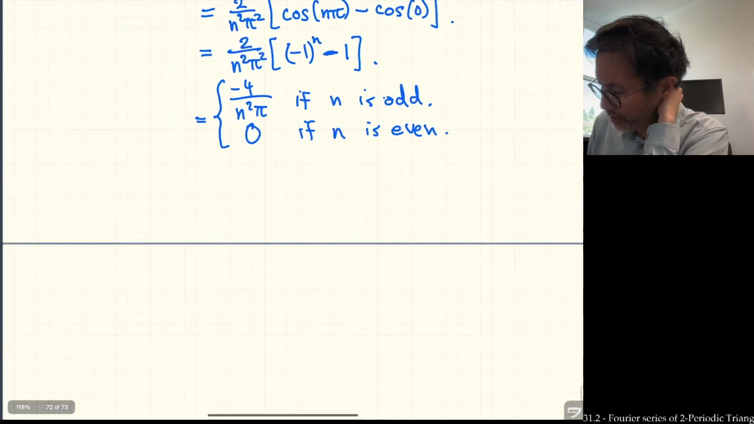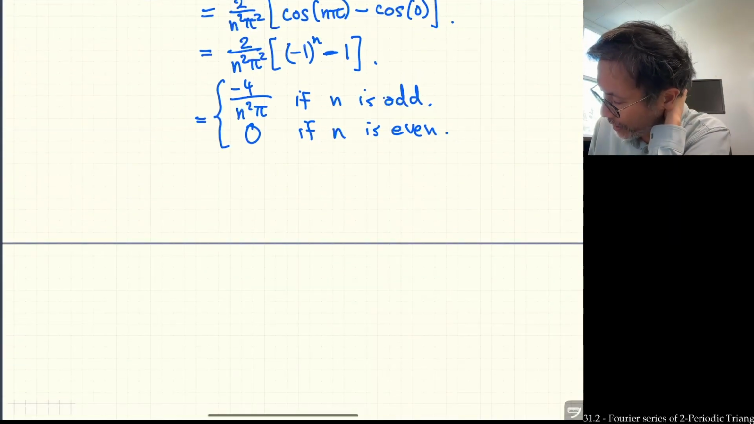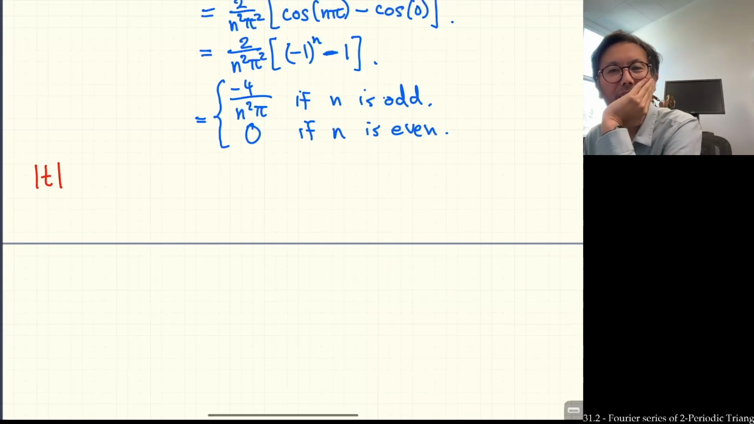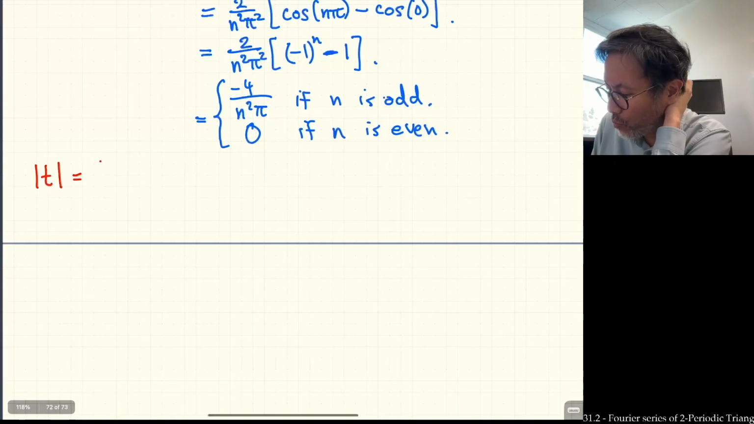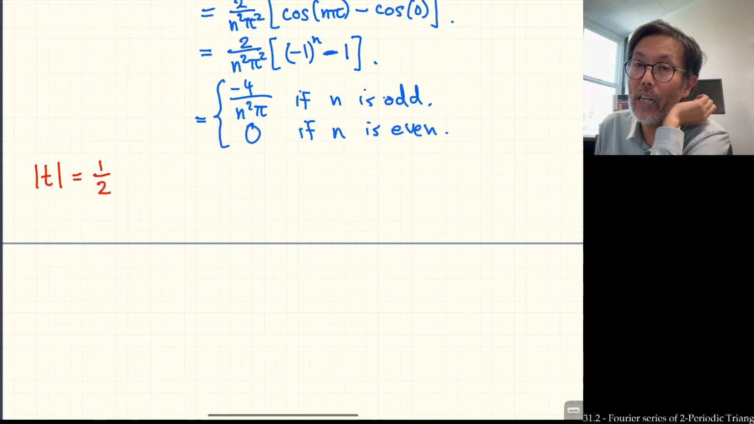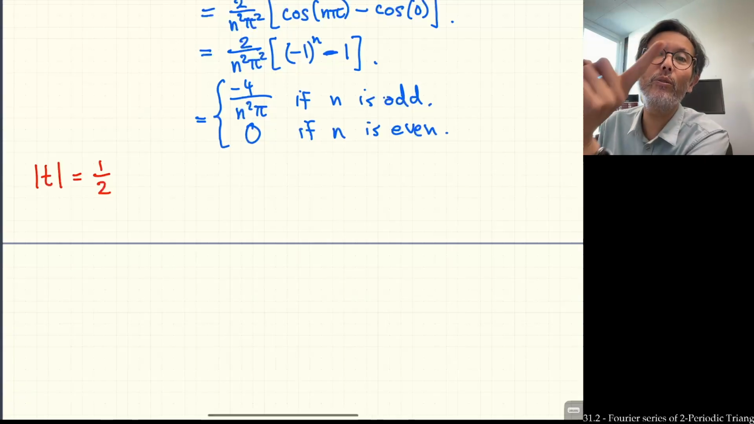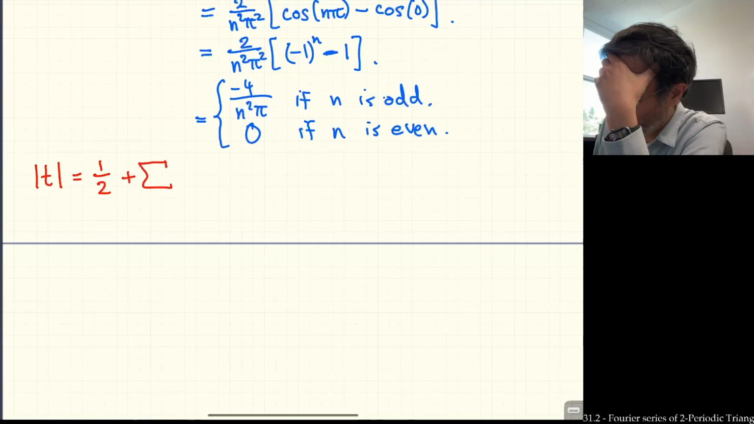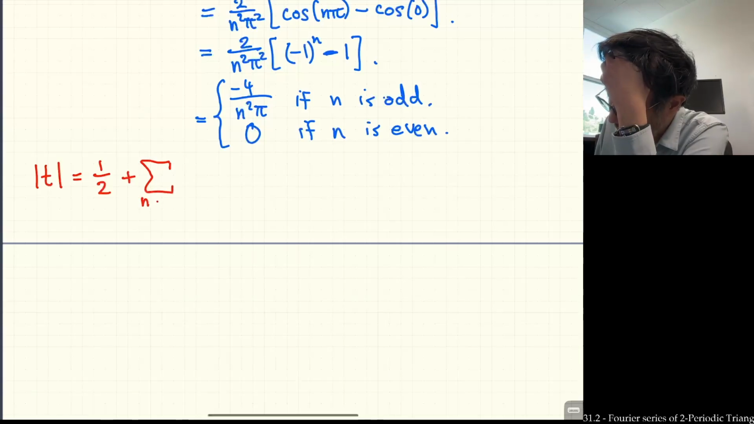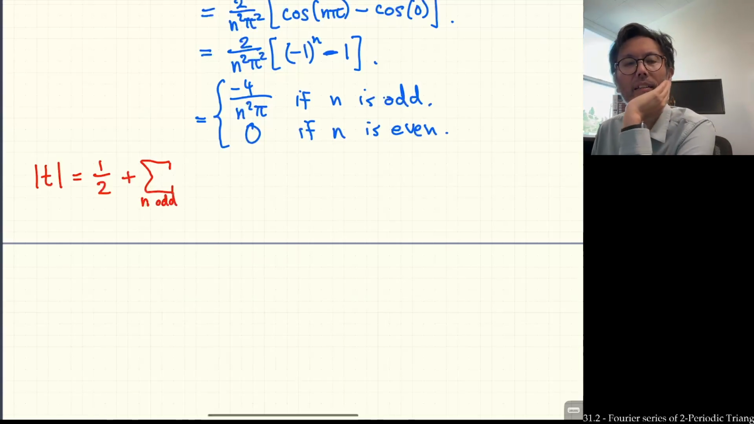Okay, so the Fourier series then. How can we write it all out? I forgot what it was. Oh yeah, it was the absolute value of t is equal to A naught over 2. So that's 1/2, since A naught is 1. Plus the sum. Now, B sub n is all 0, and the sum is only going to happen for n odd. So maybe I'll write it like this: sum over n odd